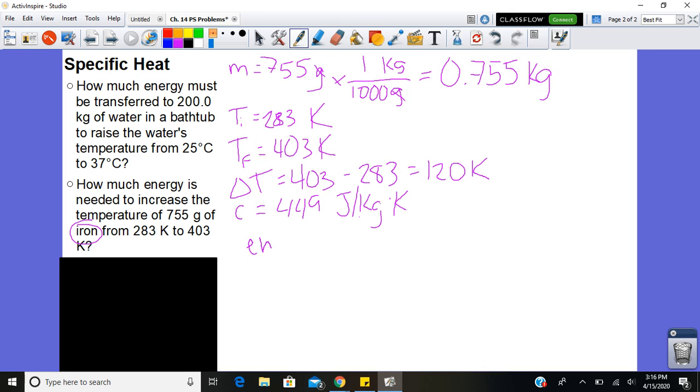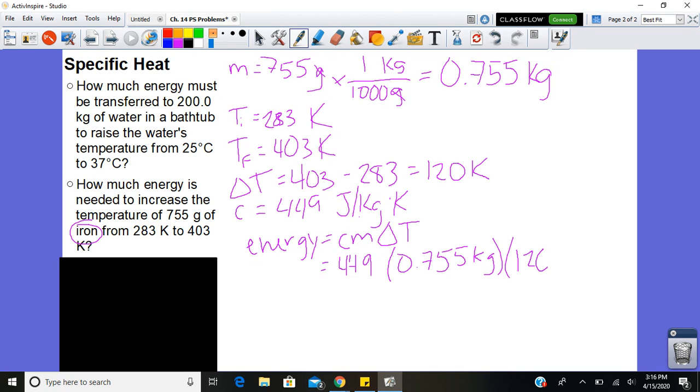So my equation is my energy equals C m delta T. So my energy equals 449 joules divided by kilograms per Kelvin times 0.755 kilograms times my delta T, which was 120 Kelvin. When you do that, you should get